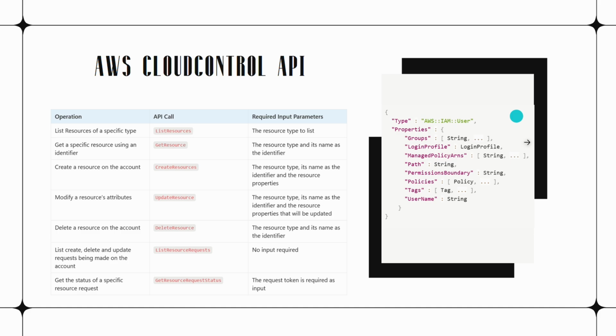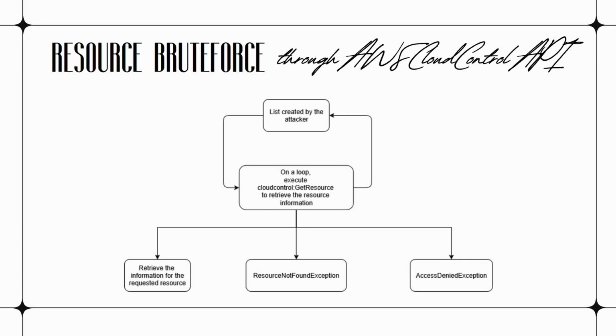So we can retrieve this information for an IAM user, but each resource will have its own definition in CloudFormation. That way, we skip executing 5, 6, 10 API calls by changing it to just one,